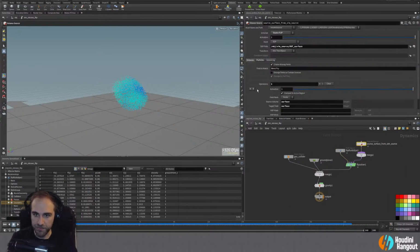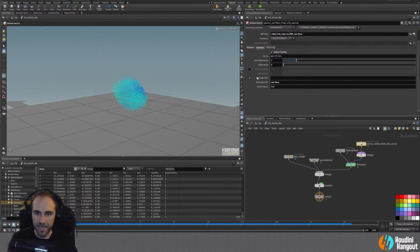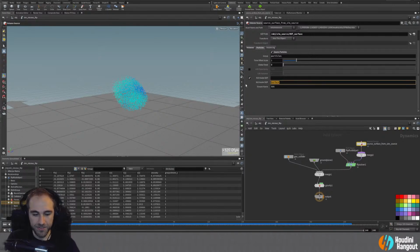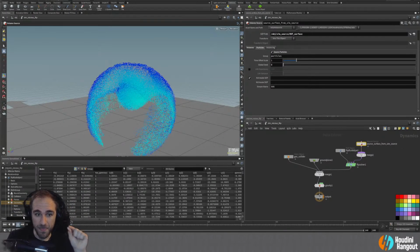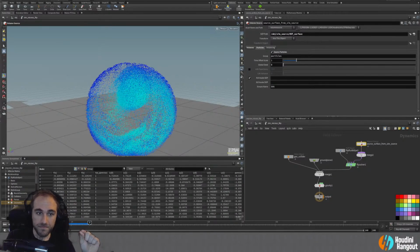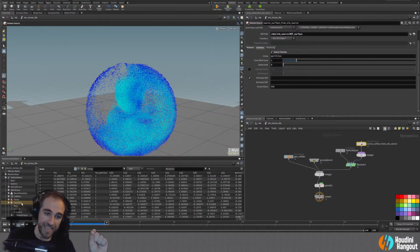So if we look at this source surface from SimSource, that's a mouthful. You'll see that in the particles, there is a kill inside SOP and kill inside DOP. And so if I turn this off, I'm pretty sure, don't quote me on this, but I'm pretty sure this will fill up now. In fact, you can see that there's actually a lot more fluid being sourced. And the reason for that is that it's now not stopping the fluid from being sourced